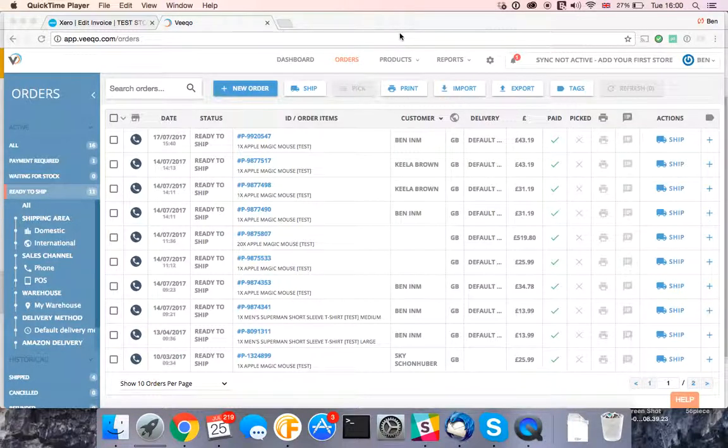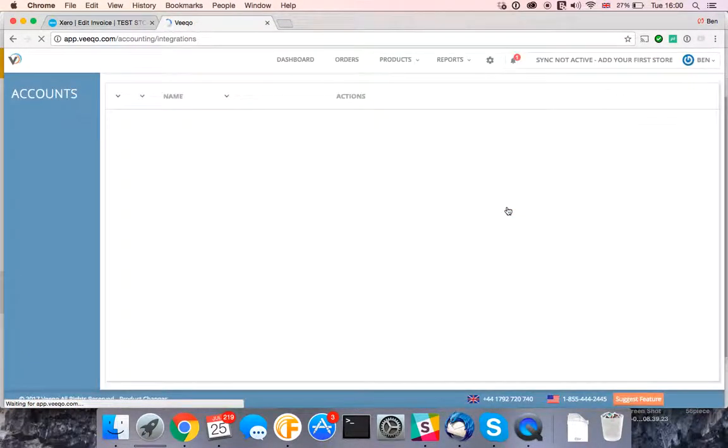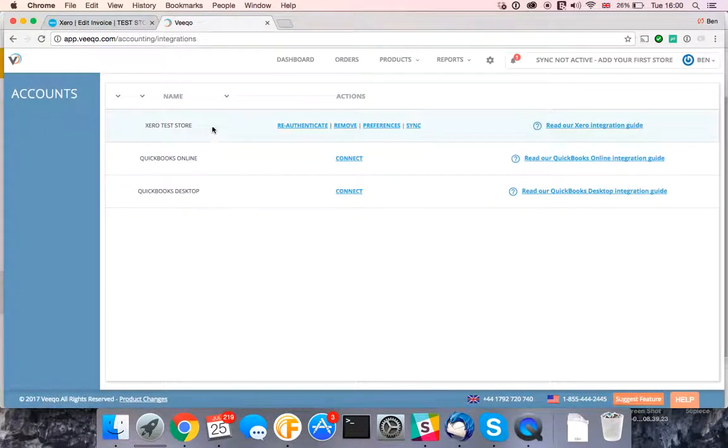Right, so now we've done what we need to do in Xero itself to be able to connect it into Vico. We'll now look at the preferences within Vico. So if I click on the General Settings cog and head down to Accounts, you can see here the Xero Test Store, which is the name of my Xero store. If I click Preferences,